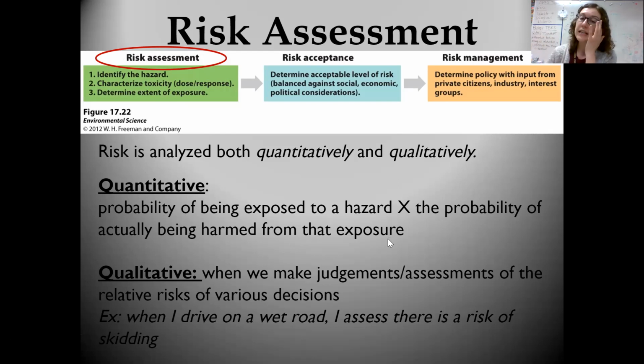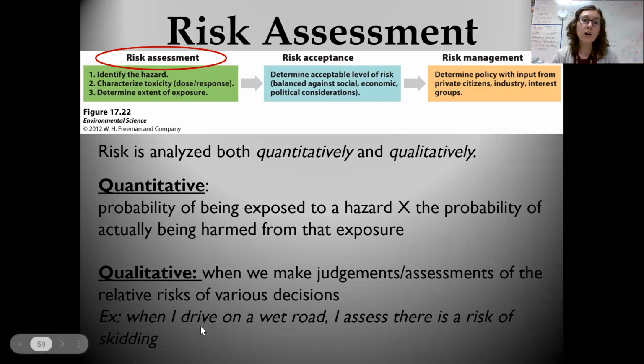So this can be as simple as even being in an automobile accident, right? So the probability, I'm sure there's a statistic out there that I don't know. I'm sure there's a stat that says this is your probability of being in a car crash in your lifetime. Then we can multiply that times the probability of me being injured, or hopefully not, I hope this never happens to any of us, but killed from that car accident. I would multiply the risk of me being in a car crash times being actually harmed by that car crash, or it might just be cosmetic damage to my car. We wouldn't really include that. That's going to give me my overall assessment of how bad this risk is.